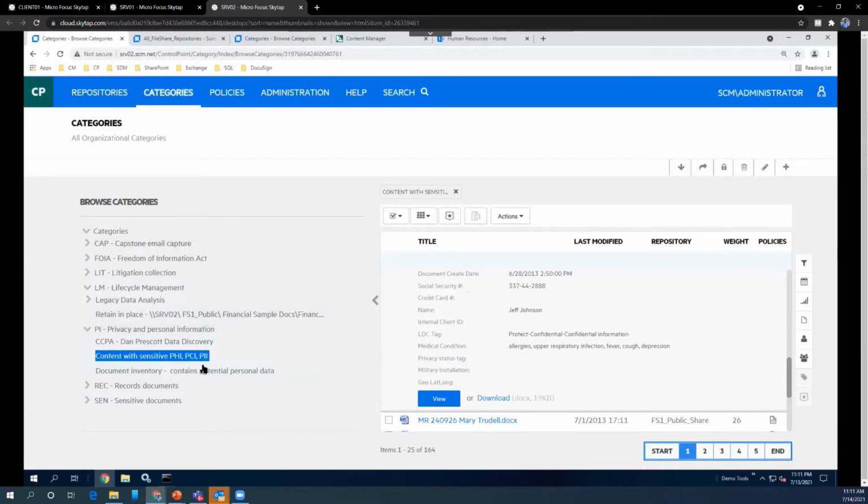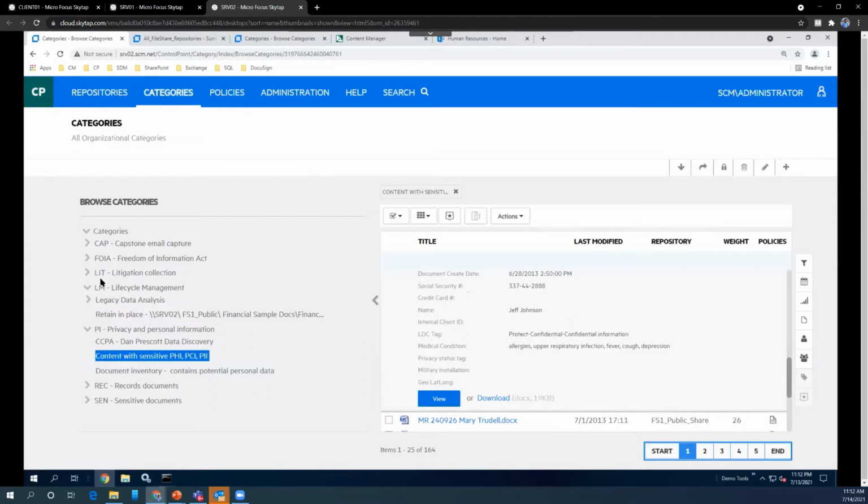Once you have this, I can go on and on about how we can build this categorization based on different criteria or machine learning technologies. But in a nutshell, yes, we can categorize based on different types of data, based on business classification, based on regulatory compliance, and based on different sensitivity as well.